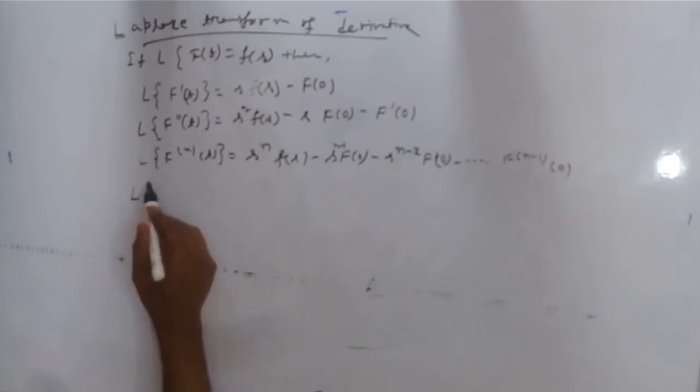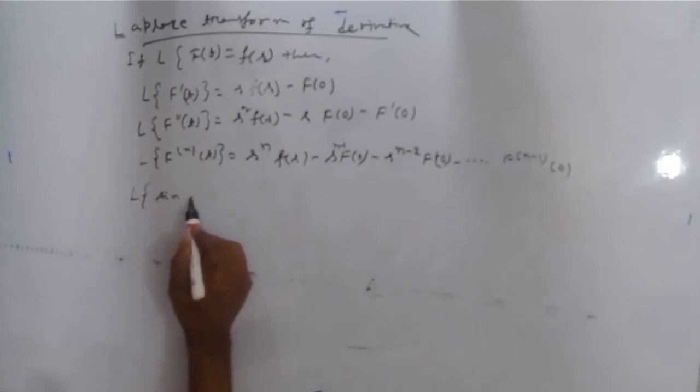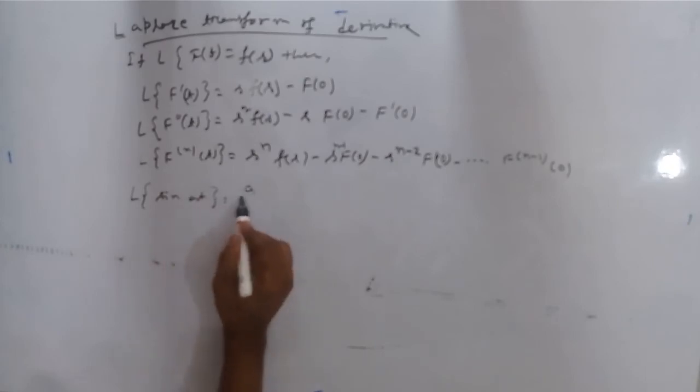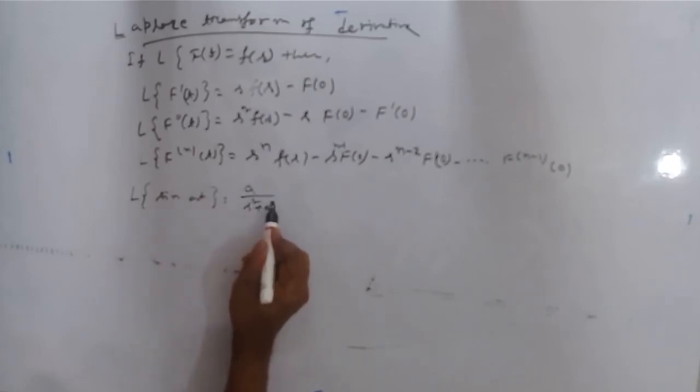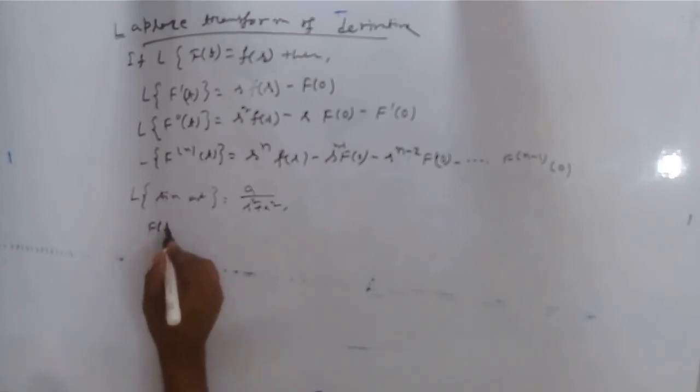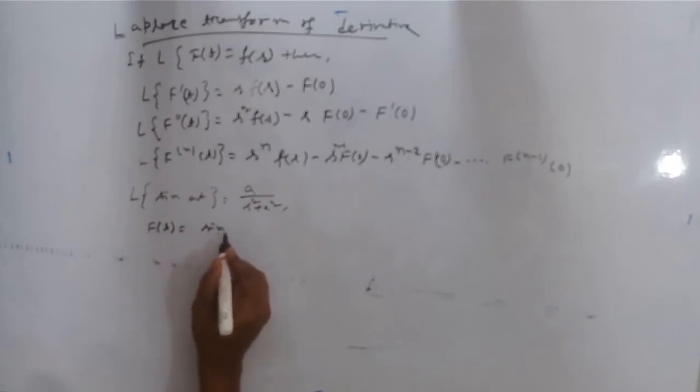We have to show that L of sin at is equal to a by s square plus a square using Laplace transform of derivative. Although we know we can do this by change of scale property, or we can do this by definition. Now I will do it by the property of Laplace transform of derivative. Now here f(t) equals sin at,